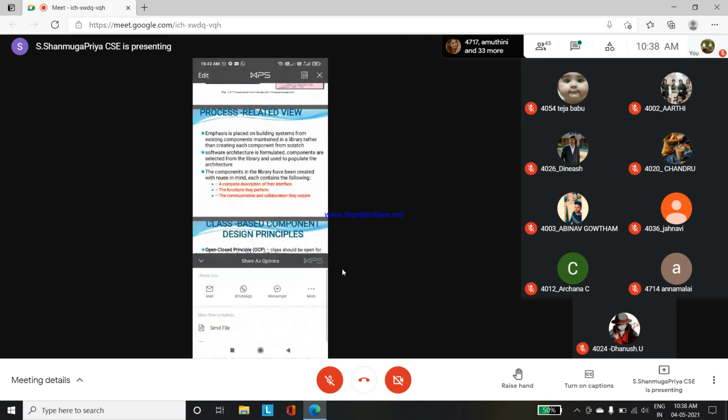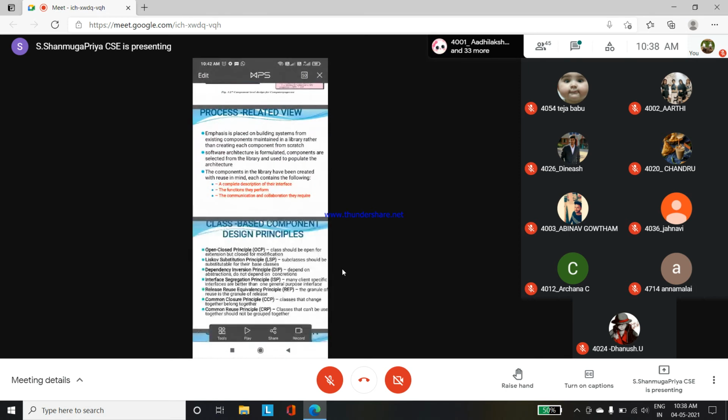Next in your syllabus you are having class based component and traditional component. இவ்ளோ நேரம் நம்ம பார்த்தது usage of component design, different types of components, and different views of components. மூணு type of view பண்ணலாம் component design diagram. அதுதான் நம்ம இப்ப பார்த்தது.